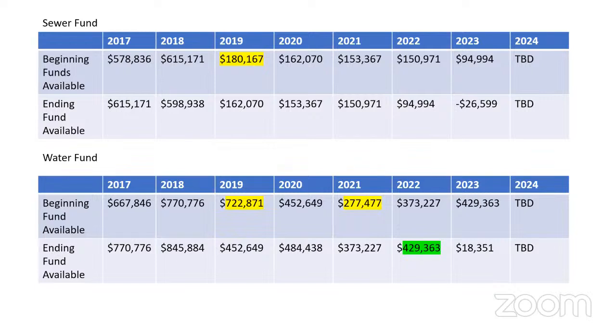And so it's a little different for these two enterprise funds. They don't exactly have an ending fund balance. So we're saying this is beginning of funds available and ending funds available. Because you calculate the assets that you have in the fund as well as the cash. So there's the assets and then the cash, and then you have to kind of separate out the liabilities from that. So it's a little bit more complicated on how you get these ending balances, basically.